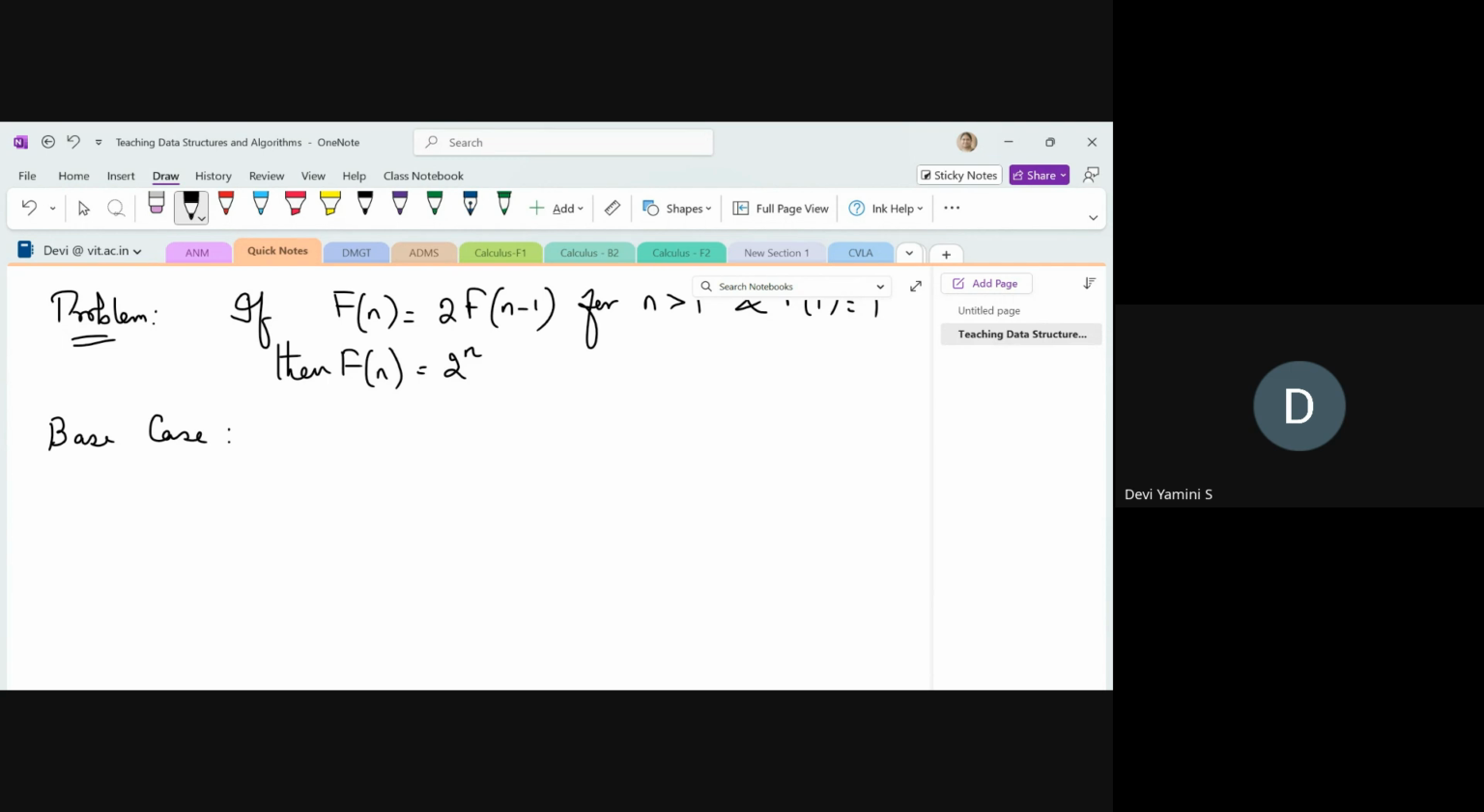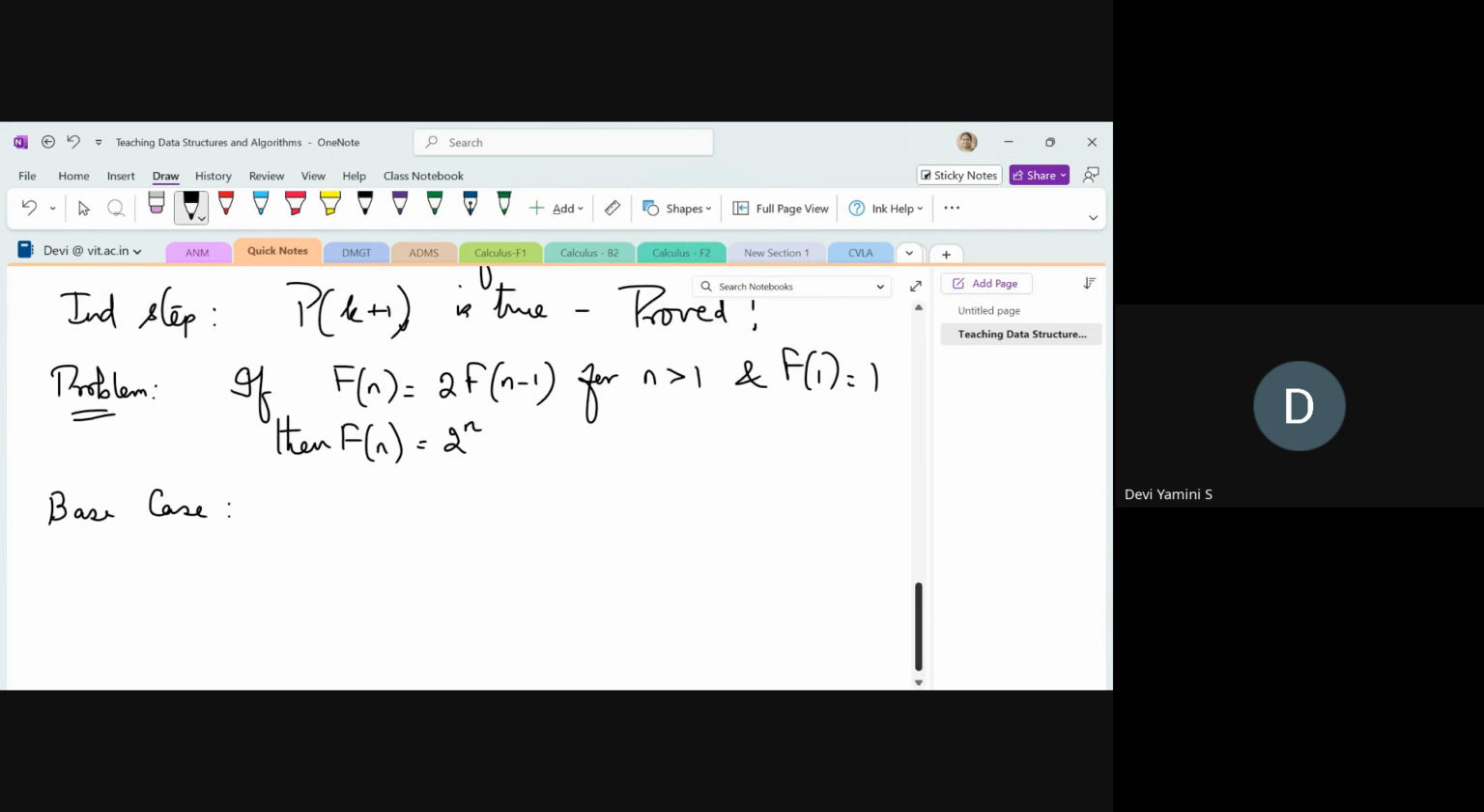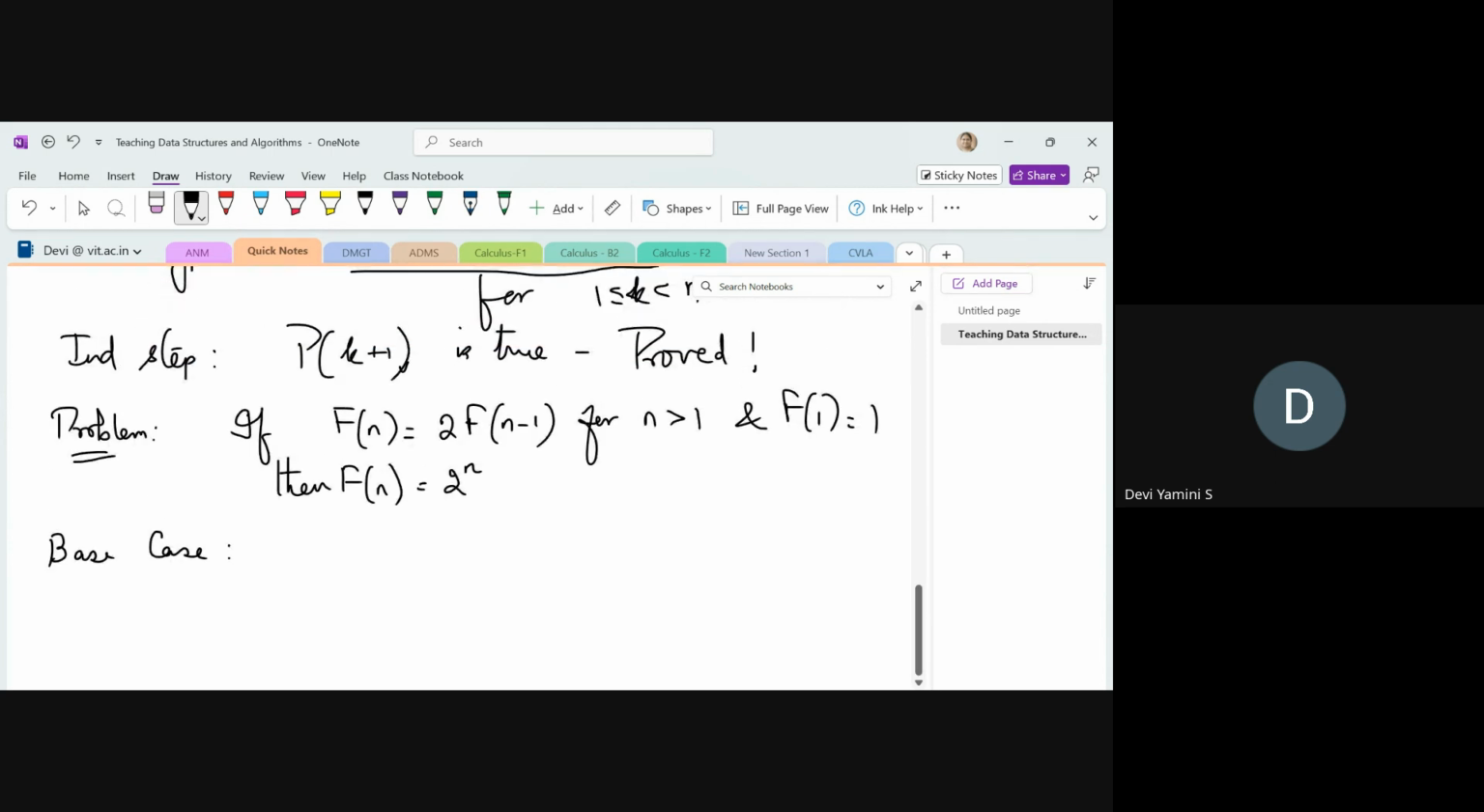So base case, we always start with n is equal to 1. We know that it's 1. And does it satisfy this condition? f of 1, this is what we are supposed to prove. So f of 1 is nothing but